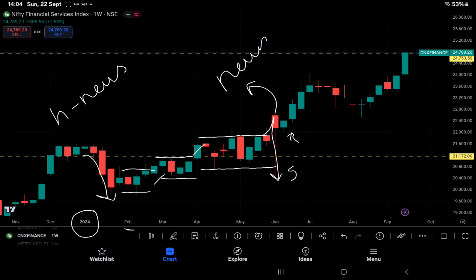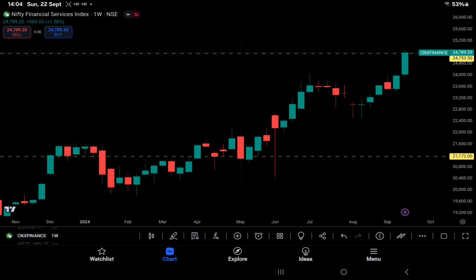So after that it was a trending move in June, and then July it was sideways, and then August it took support and went one direction, till September it is one direction. Okay, so now what we have to see, this is the range, so 21,000 and 24,000. So between 3k market has been moving very well. Okay, now we will try to analyze